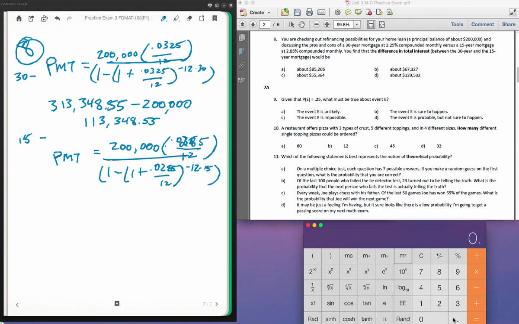Now we calculate 0.0285 divided by 12, multiply that by 200,000, and we get 475, divide that by our denominator, and that's how much our monthly payments will be. So we pay $1,300. Now notice our monthly payments are a lot higher, but we're only doing it for 15 years. So 12 months, 15 years, I will pay